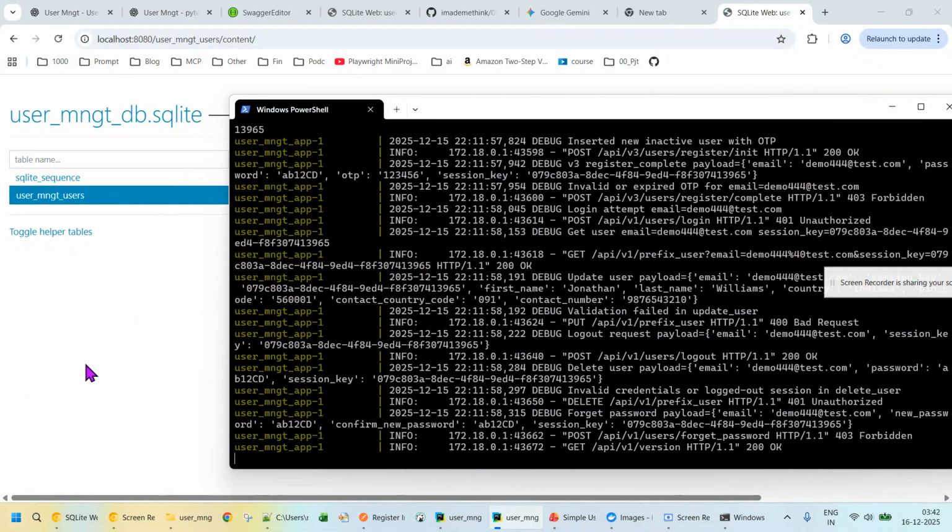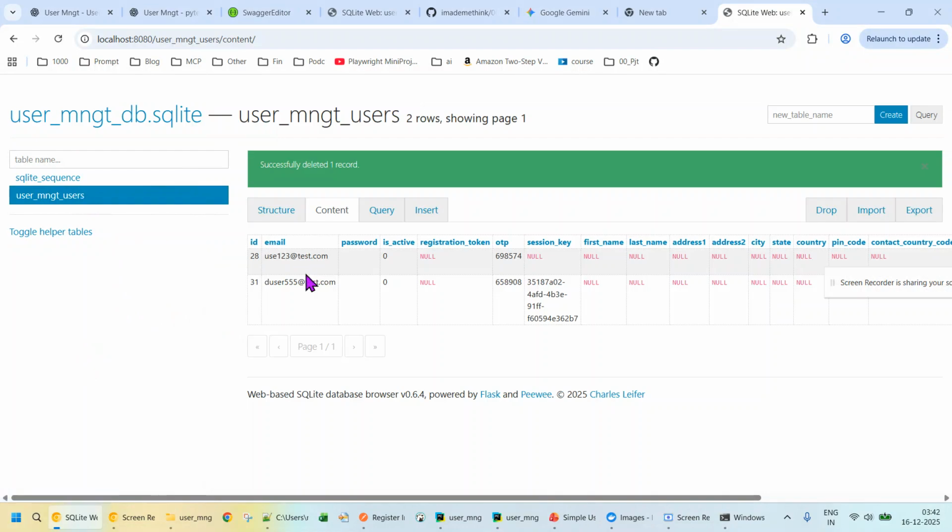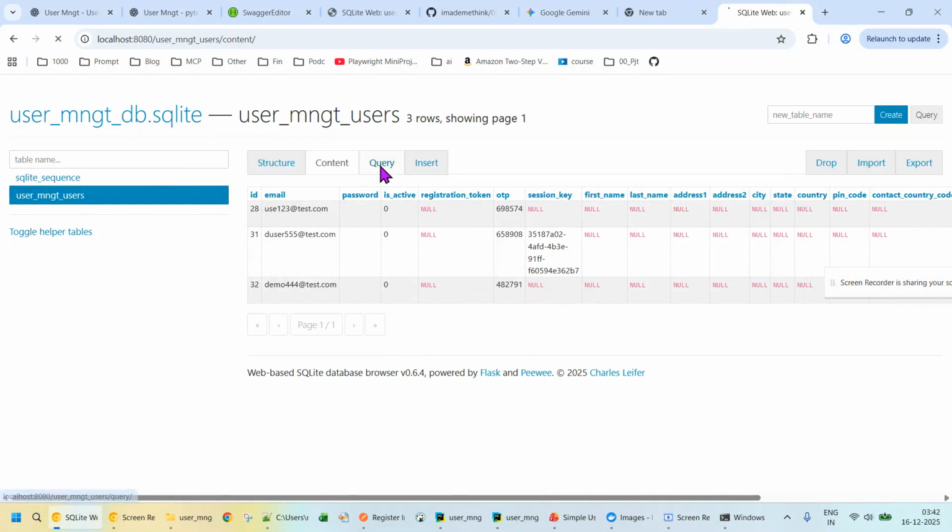Then we have seen the database also here. If you see the content, going to some other place, yes, demo 444 is also available here. Now